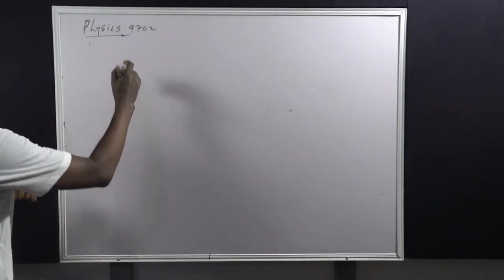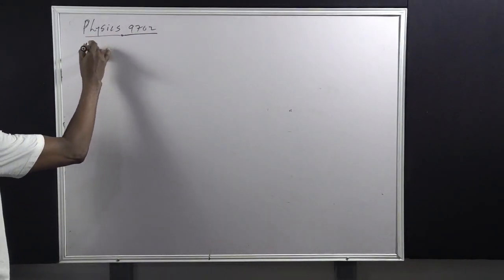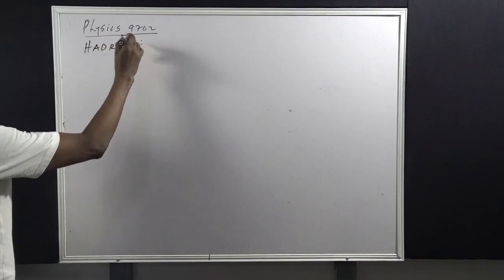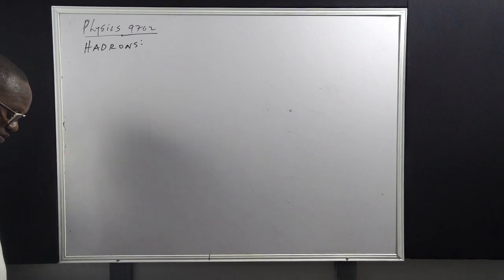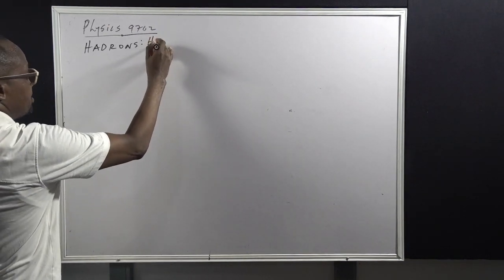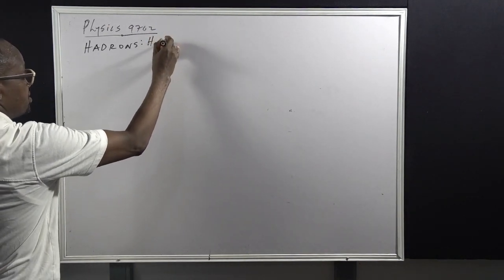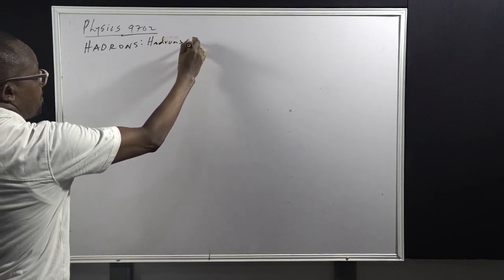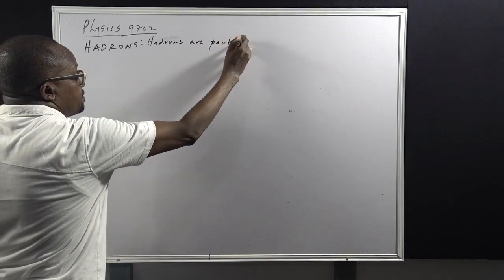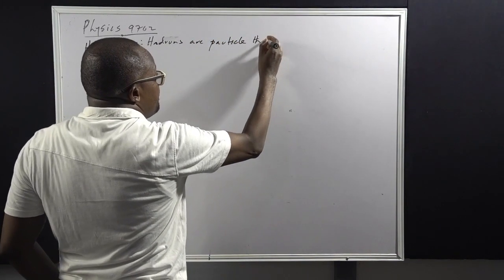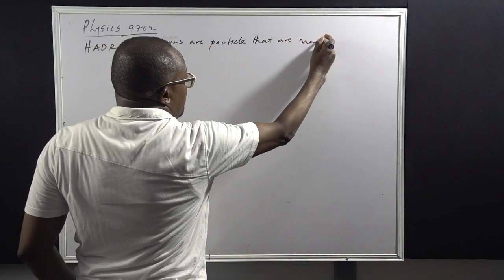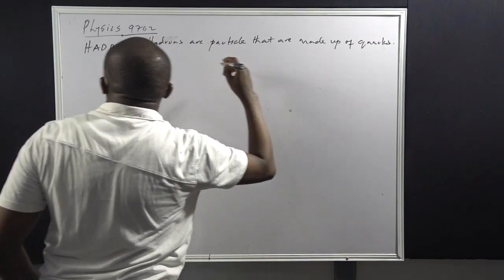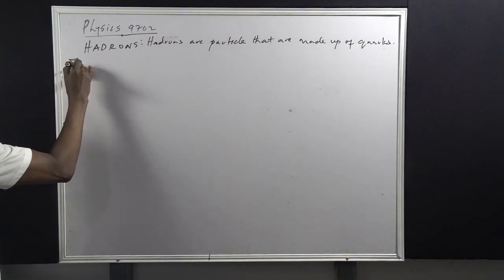So let's continue with particle physics by looking at hadrons. Hadrons are particles that are made up of quarks. They are classified into two, namely,